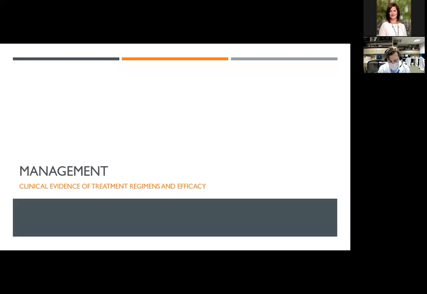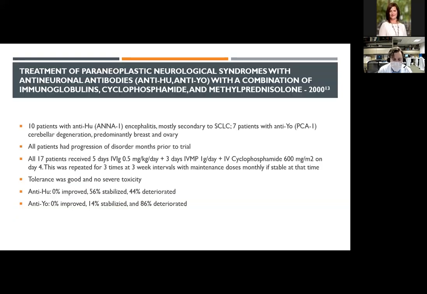So what do we do about these? This is kind of a difficult question, but also there's not a ton of options, so it ends up being only a few choices. So we don't have to go through all of these in detail. I went over them in a lot of detail because it was the grand rounds, but they're not all super helpful. Basically, there was a study in 2000 kind of taking anti-Hu and anti-Yo patients to try to treat them with immune therapy to see if they improved at all.